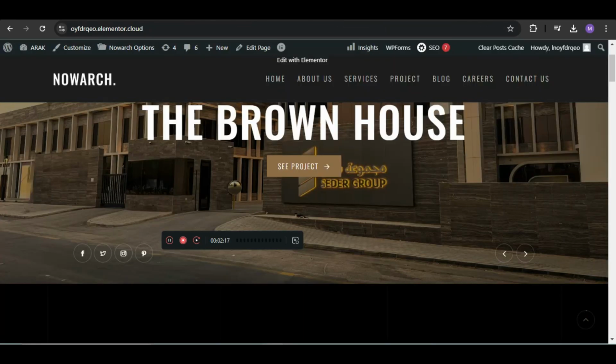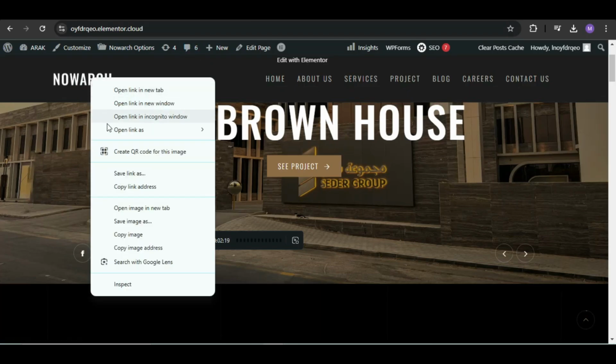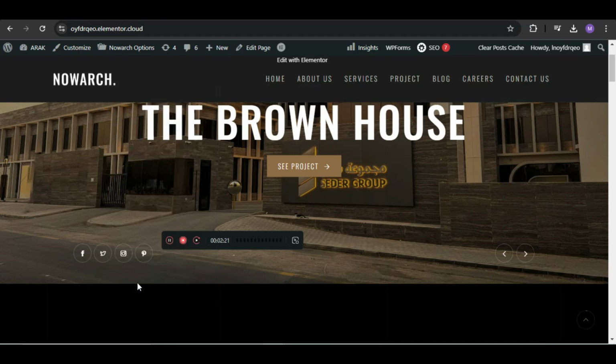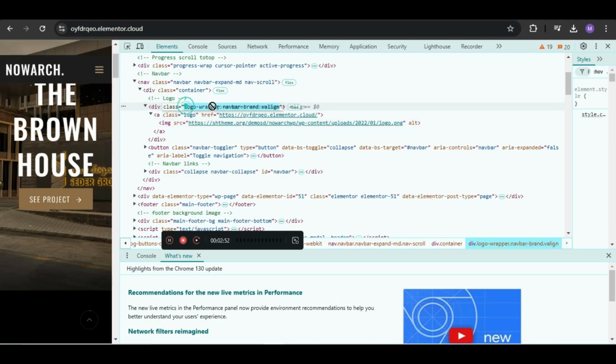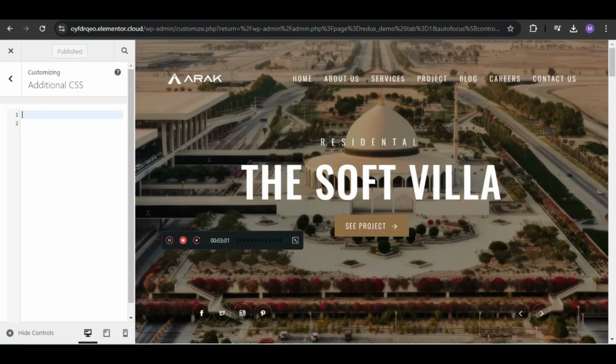For adding custom code, we have to find the class ID of the sticky header logo. For this, click on the logo and inspect it. From the inspect, we can find the class for that. So this is the class logo-wrapper. Now copy this and go to the additional CSS and write this class